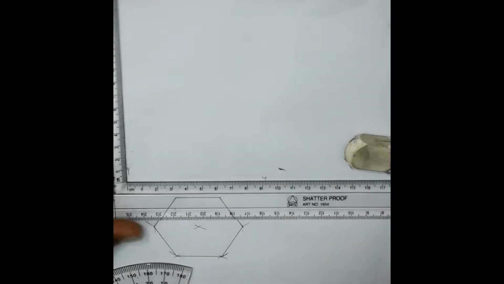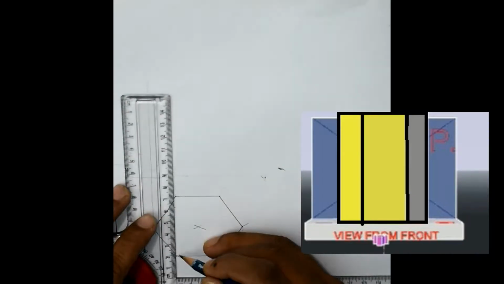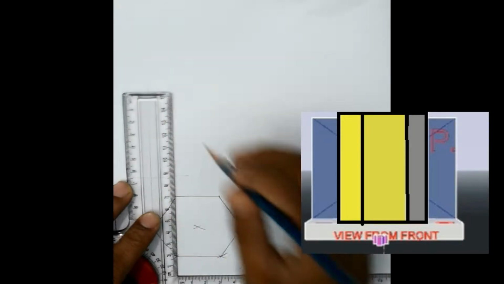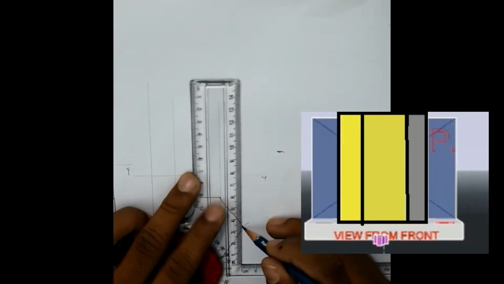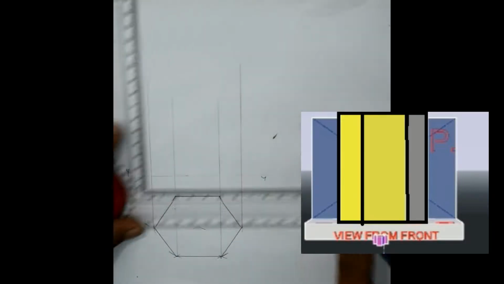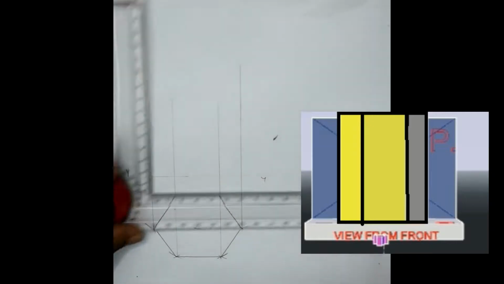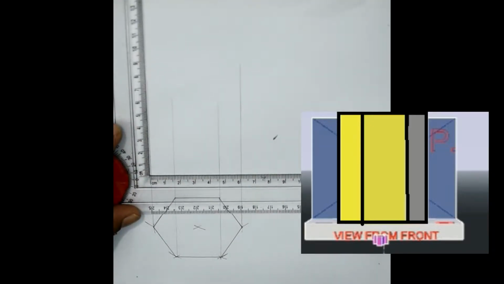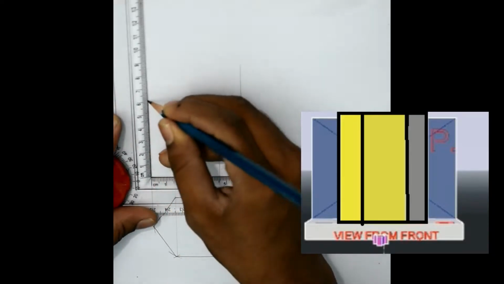Now to get the front view, I am projecting lines from every corner. There are 6 corners, but here there will be only 4 lines, because these 2 corners are coinciding and these 2 corners are coinciding. And as for the axis height, this is your axis height of 60 mm.